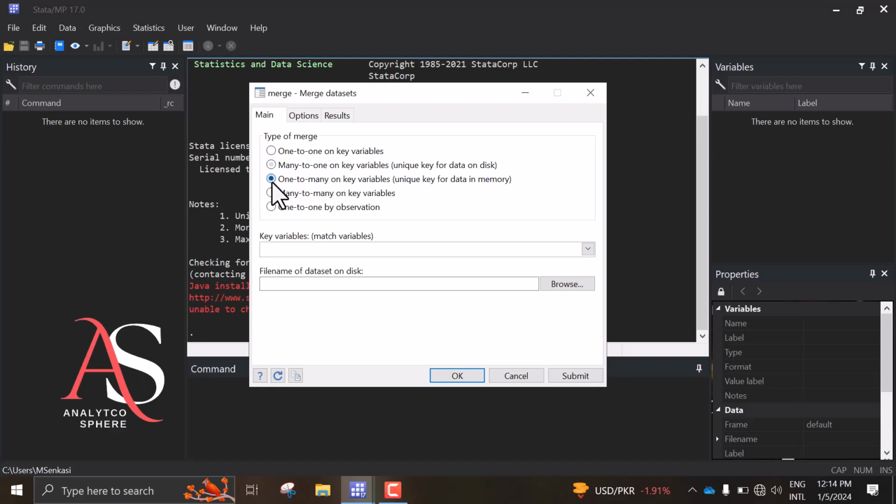Then we have one to many. One to many is when one observation in the dataset currently loaded in the memory corresponds to multiple observations in the dataset you are merging with. So for instance, you have a dataset that has schools, and you want to merge it with a dataset of students where each school is associated with many students, but each student is associated with one school, so you would use